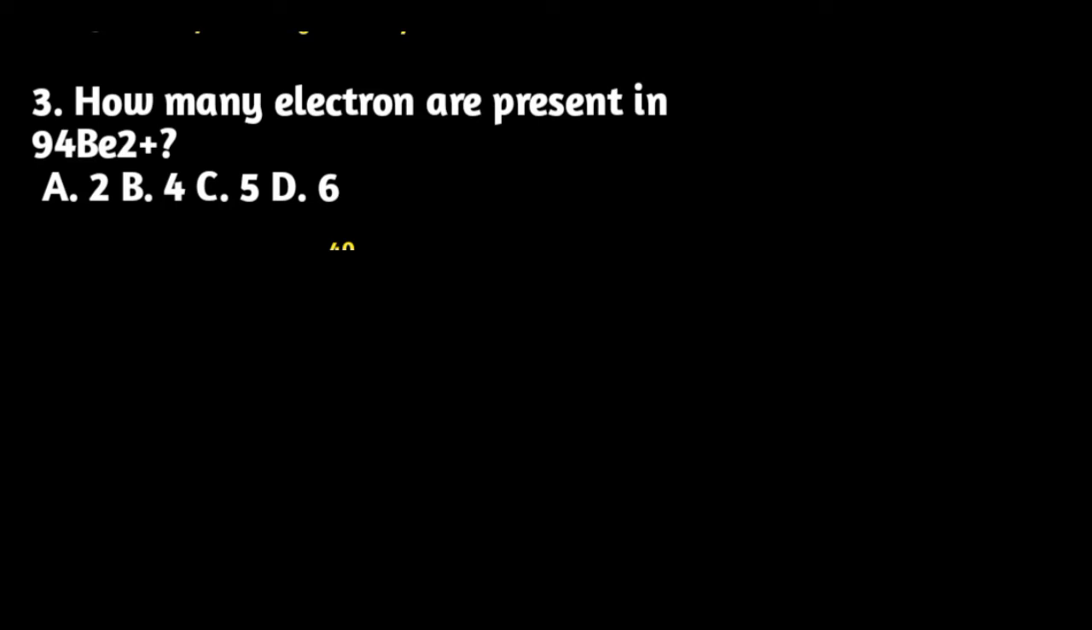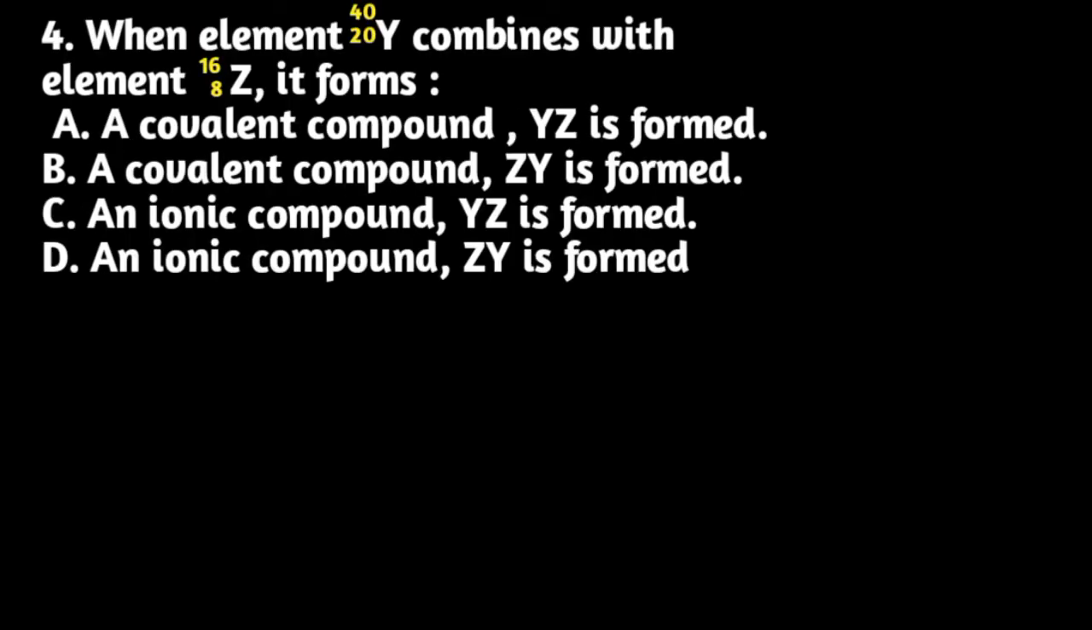Be2+ means that 2 electrons have been lost. It's supposed to be 4, and 2 have been lost. Therefore, the remaining electrons that are there should be 2. Question number 4. When the element with atomic number 20 combines with the element with atomic number 8, we will have something in this